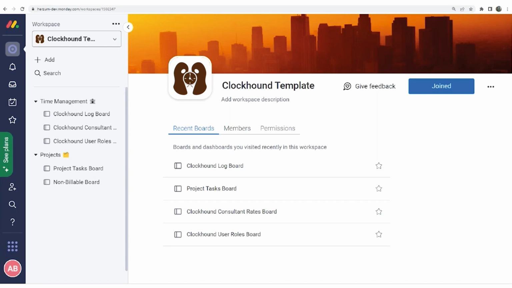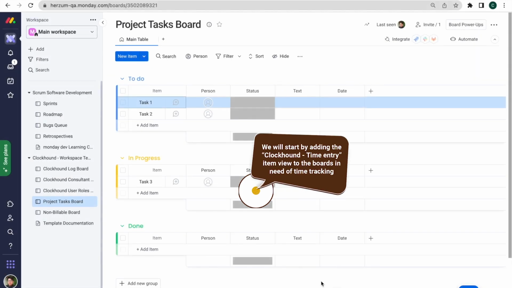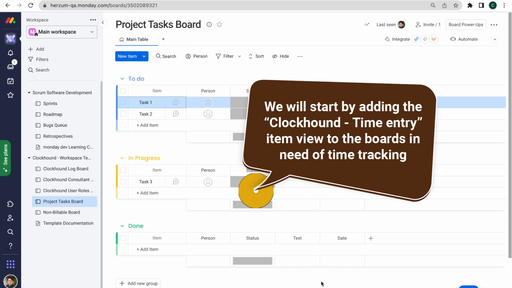Today I will show you how to use the Clockhound app in your Monday.com instance. Welcome! For this video, we will start by adding the Clockhound time entry item view to the boards in need